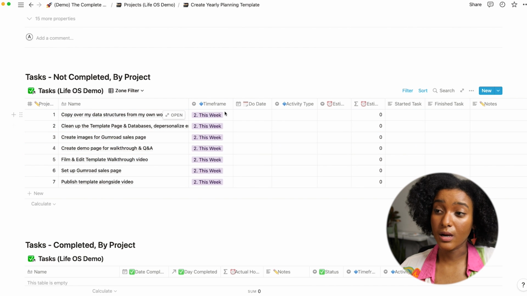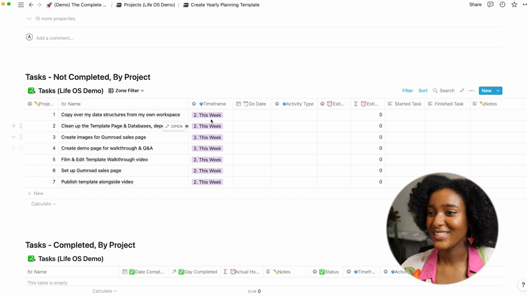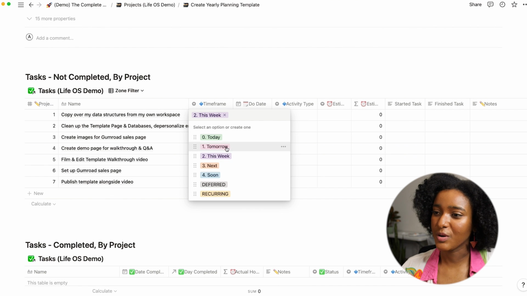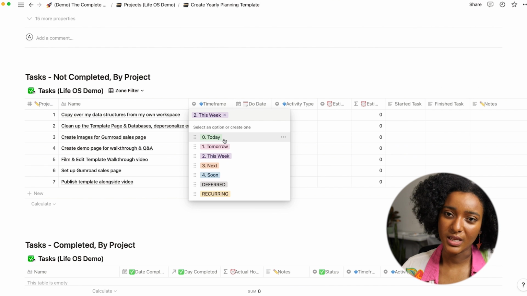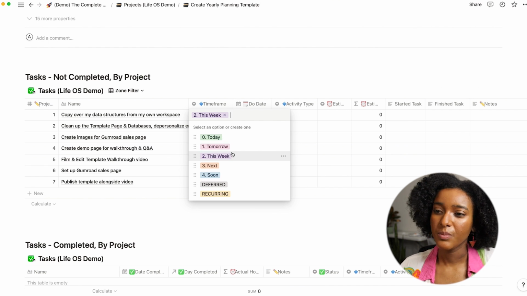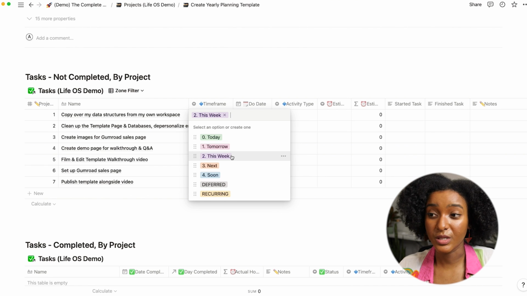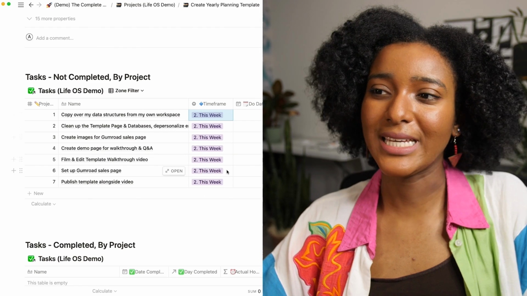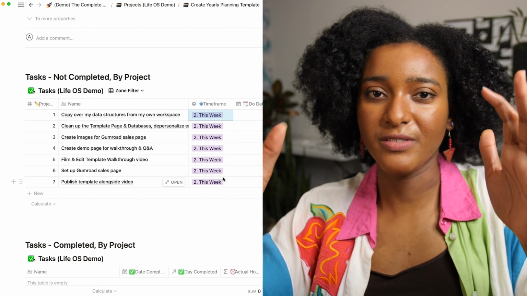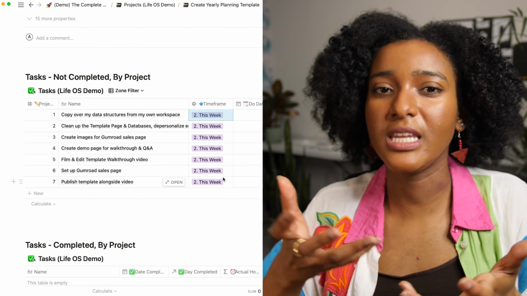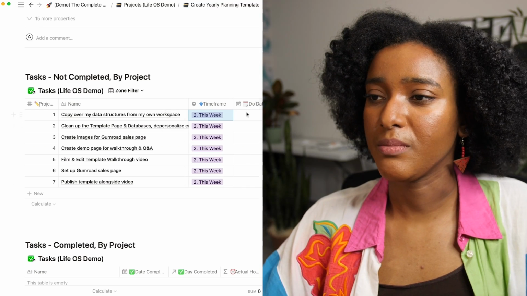The time frames are rough estimates. So today and tomorrow are mainly applied in the filtered views. Most things that I want to do pretty soon are this week. Next is after that, soon is after that. What this mainly does is allows me to have a container that catches any tasks that I wind up deleting